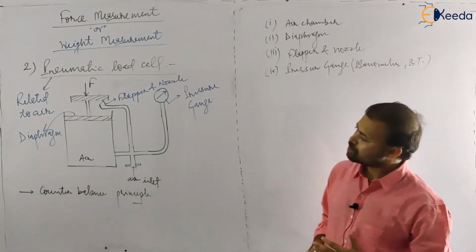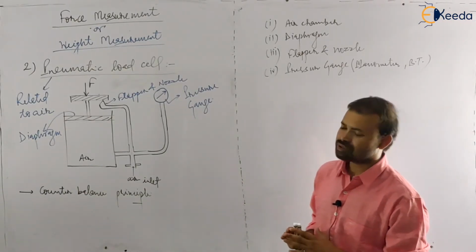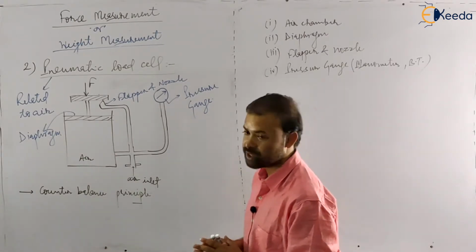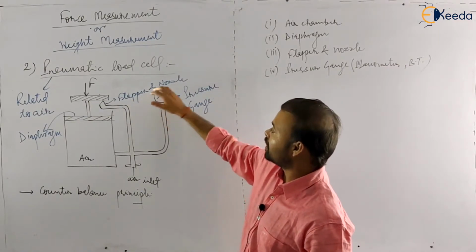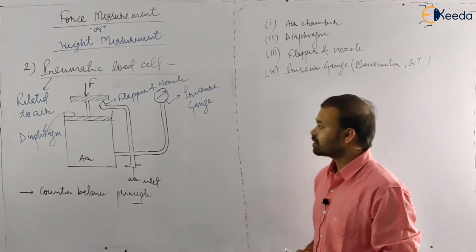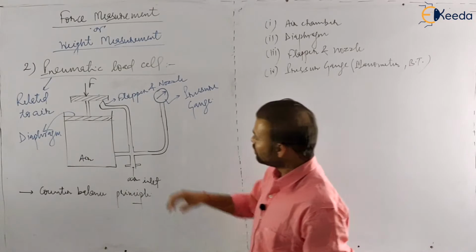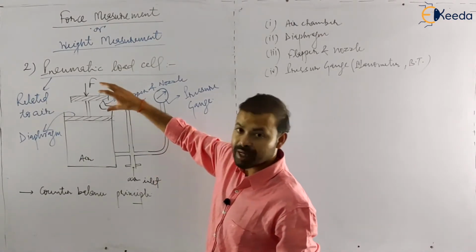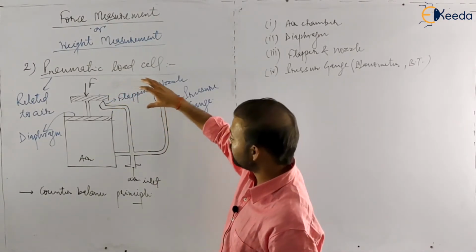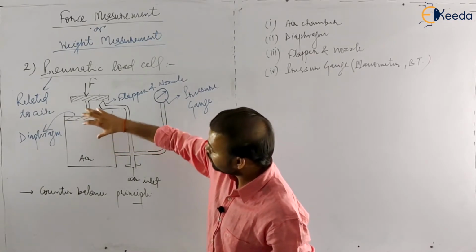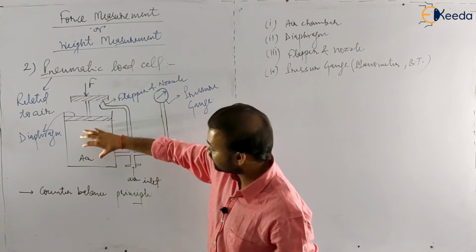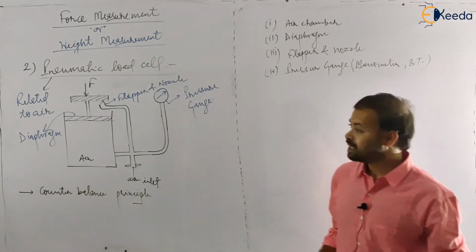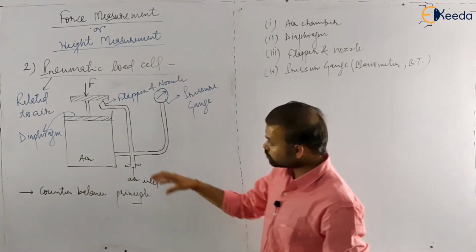How will you know that the air pressure and force are in a balanced condition? For that, this arrangement is given, a flapper and nozzle arrangement. When this flapper comes into the floating position, when the air pressure is being applied and the air pressure force created by this air pressure gets equal to the